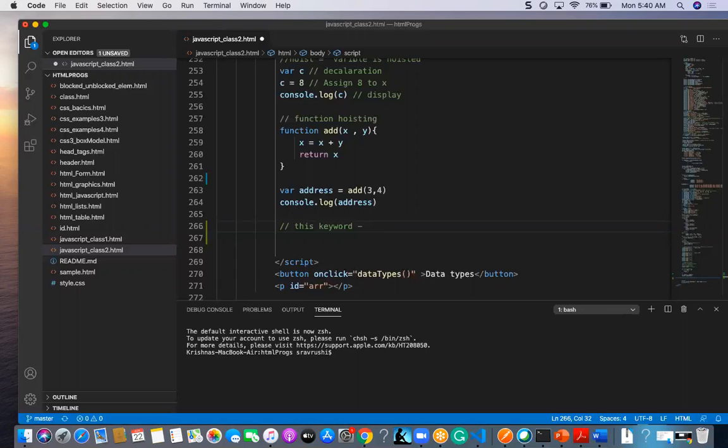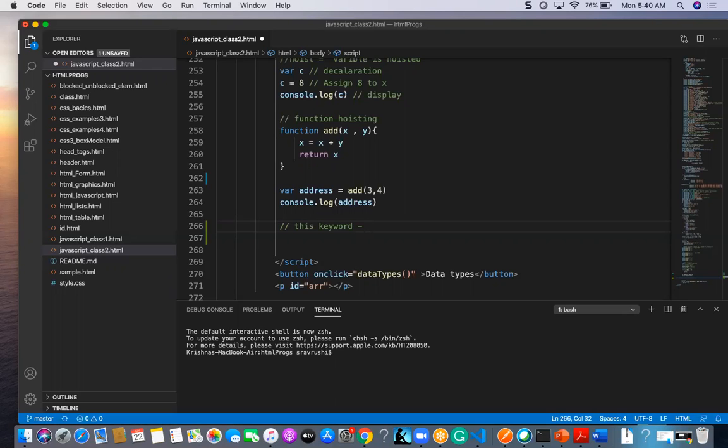Also, this refers to a global object. In general, this is a global object. Whatever you are declaring with this, that will be declared across the function or the program. Whatever the program it is there, it will be executed. So in function, this refers to a global object.